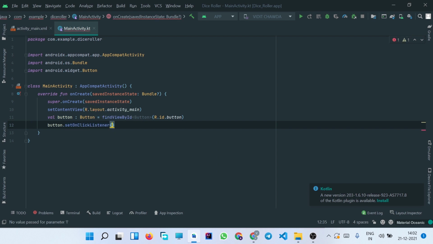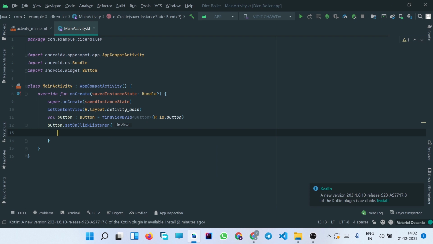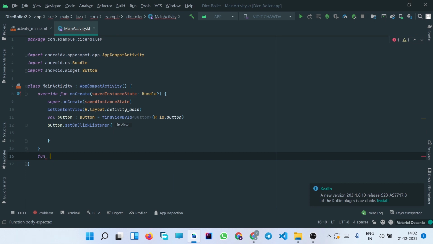and inside this setOnClickListener we are going to write the actions that have to be performed when the button is clicked. So for this we are simply going to declare a function, let's say a function called rollDice.